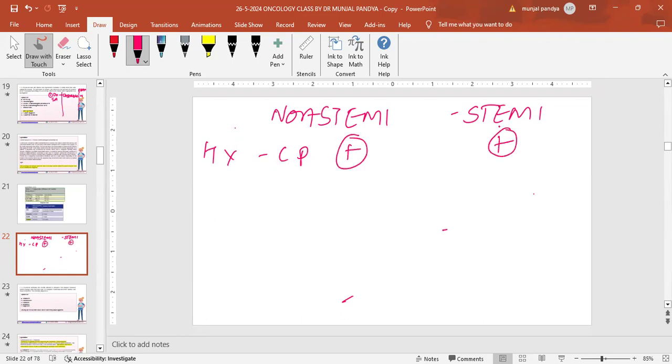Honestly speaking, I'm practicing for almost 25 years now. I was an emergency physician before I moved into hematology. From the chest pain pattern alone, even the best of the best cardiologists cannot differentiate by history: this chest pain is STEMI, this chest pain is non-STEMI. Is that clear? Yes or no? Exactly.